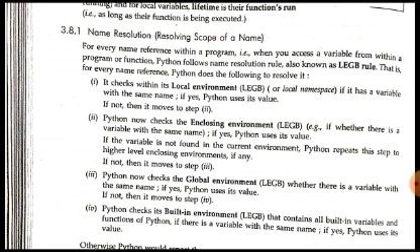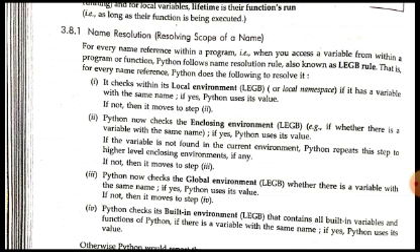So step number 2 is: if the definition of the variable which we are using in the function is not found in the function itself, in the local environment, then what will it do? It will now check the enclosing environment. Enclosing environment means, for example, if the function in which the variable is being used is a nested function. Nested function means what? One which is enclosed in, nested inside, some other function.